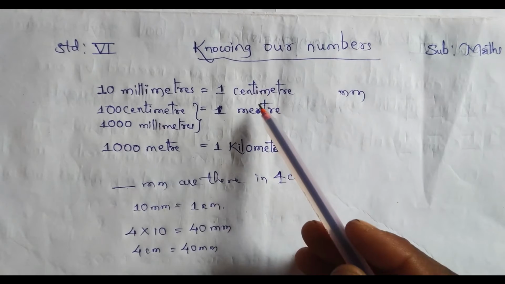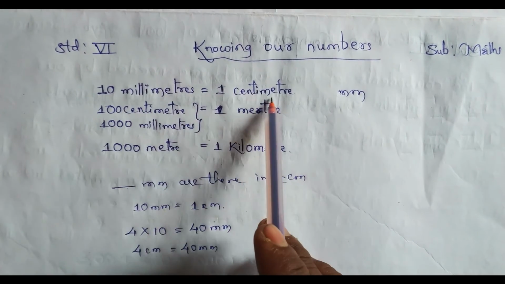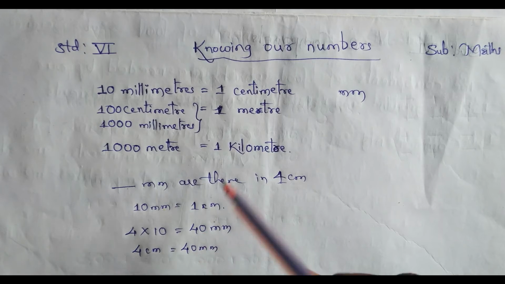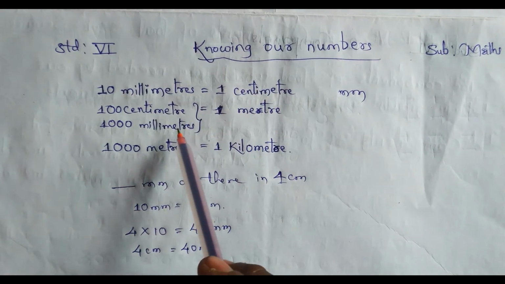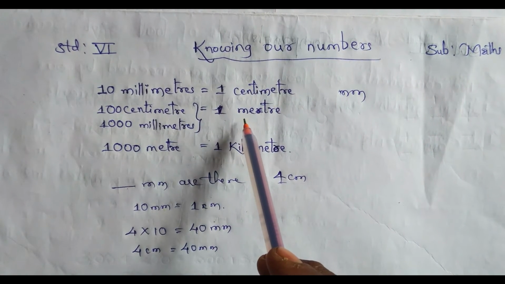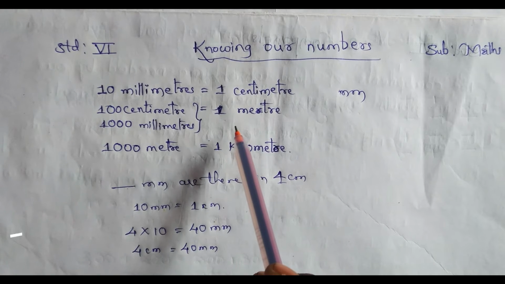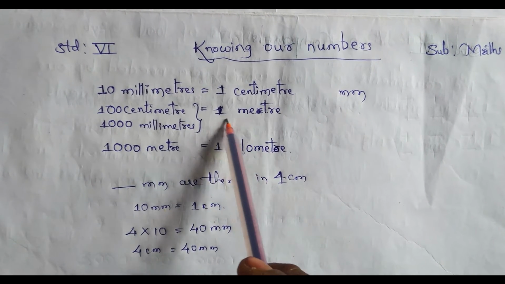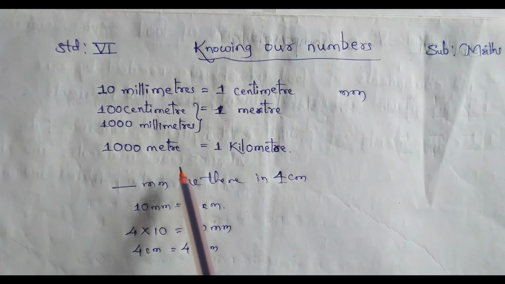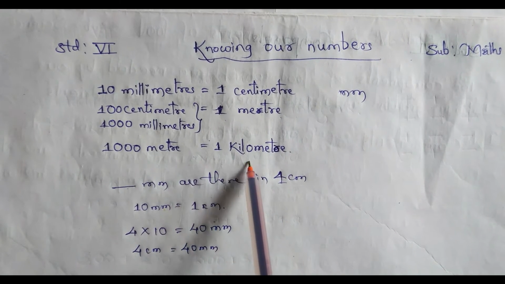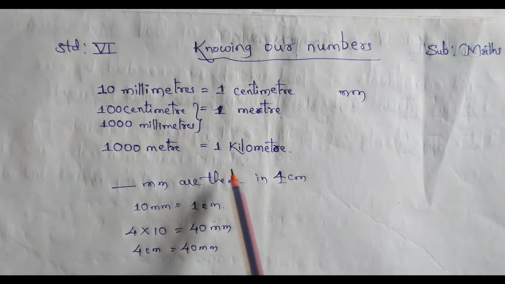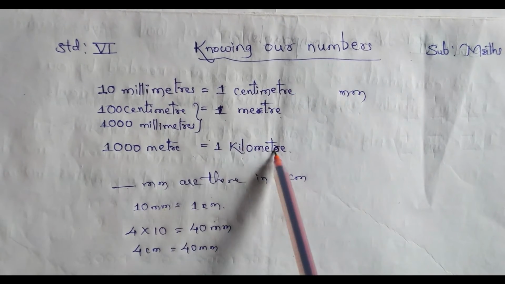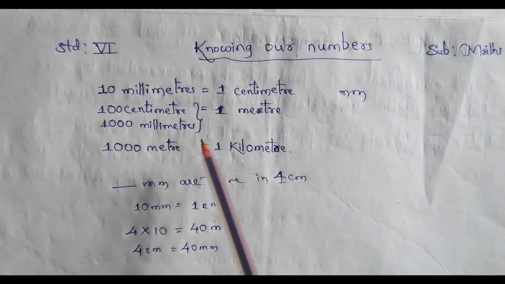So we use millimeters and centimeters for small things. We have to measure with the help of these two. Next, a little bit further, for cloth, or the length of an electrical pipe, we go to meter. Next, for the distance between one city and another city, or one village and another village, we use kilometers. So these are some measurements.